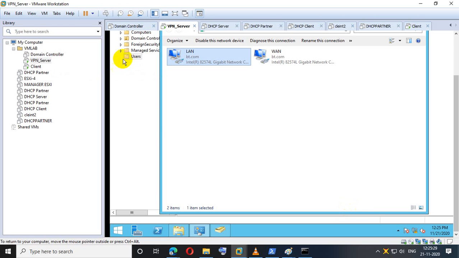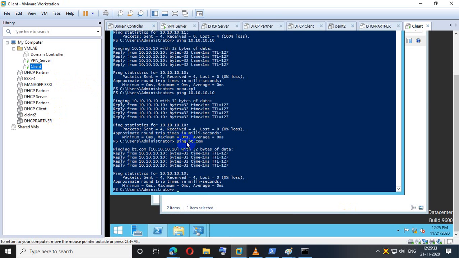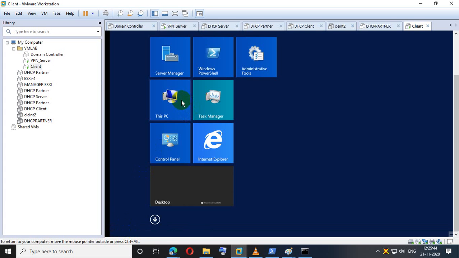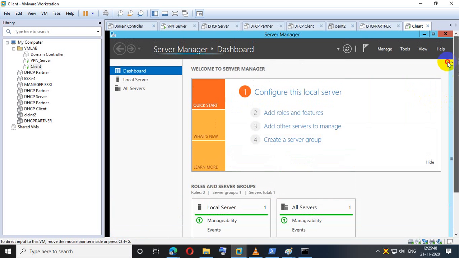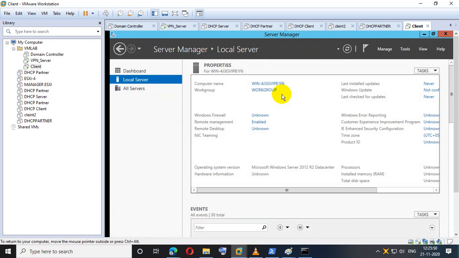Okay, so here the client machines are able to get the network inside the office, but they are in different networks, and also I can show you they are not even part of the company domain. If I go to the server manager, you can see it's a workgroup. How come I can connect? That is VPN, boss. Is it clear to everyone?